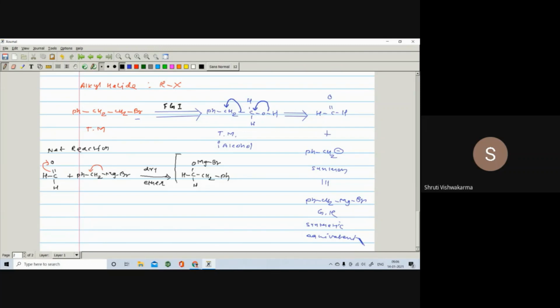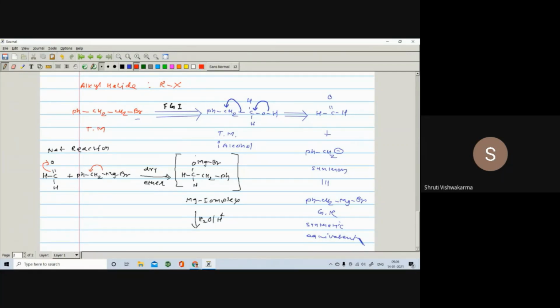This is your magnesium complex, which is unstable, so you write it in brackets as the magnesium complex. This magnesium complex further undergoes hydrolysis, addition of water in the presence of